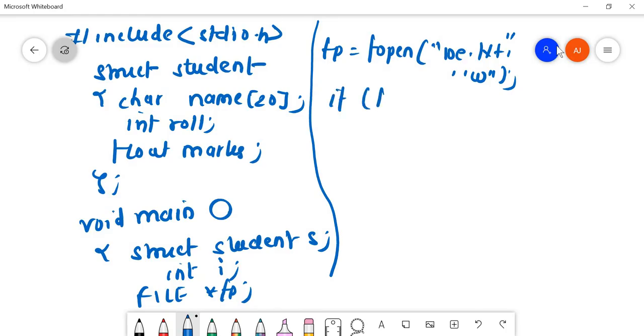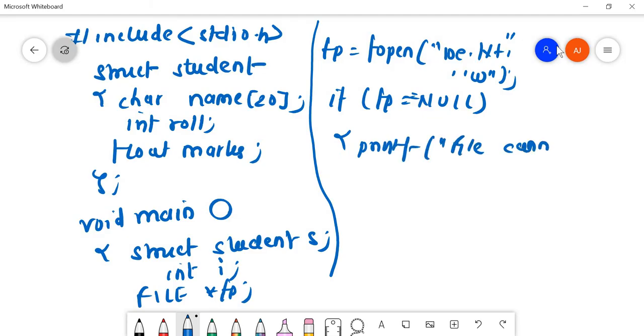Again we'll check the condition: if fp equals to null, it is double equals to, then printf file cannot be open, and we'll exit.